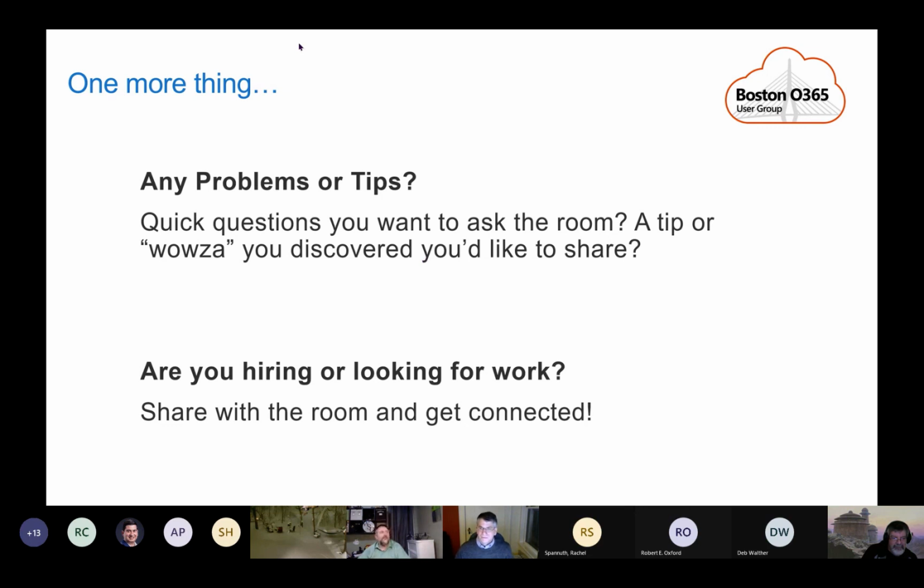I could do a whole session on various glitches that I've discovered in Dataverse for Teams, because I've been living in that for the past 2 weeks. That would make an interesting session. Yeah, it would just be a session of me screaming into the microphone right now, but maybe in a few months I could do that. After I get something to actually work in there.